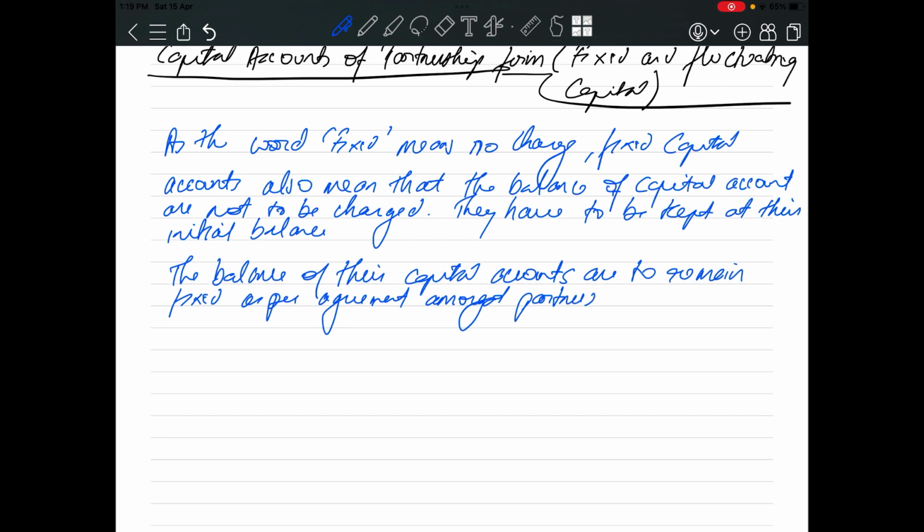In order to retain the balance of capital account as fixed,